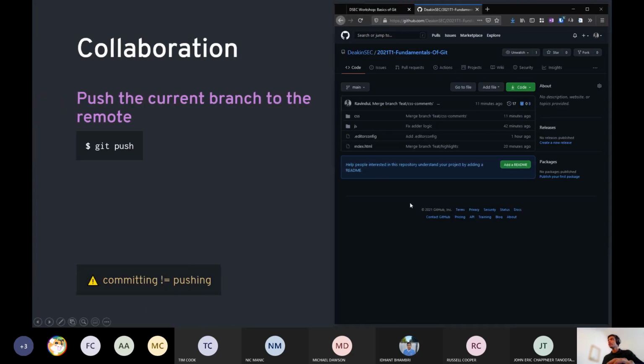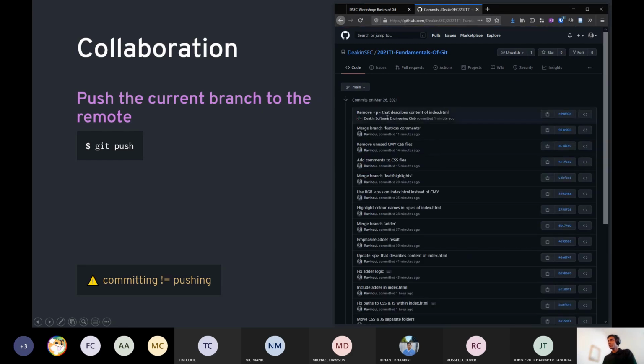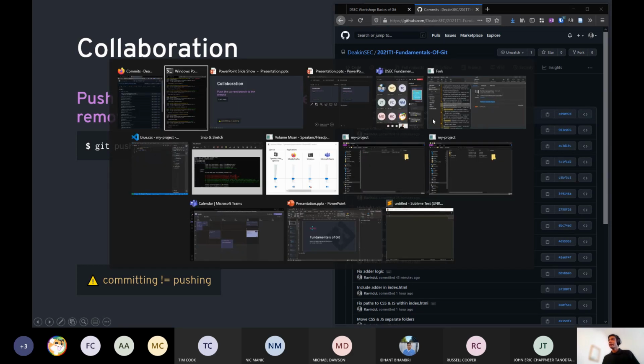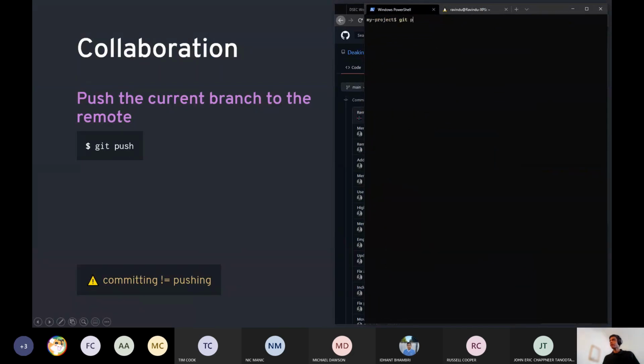And now, if you reload the repository online, you'll notice that the change that we did on a different computer actually comes up, and is listed over here. So if you go to the list of commits, it'll be the first commit that's listed over here. And then I would still not see this change locally because to pull the changes down, I'd use the git pull command.